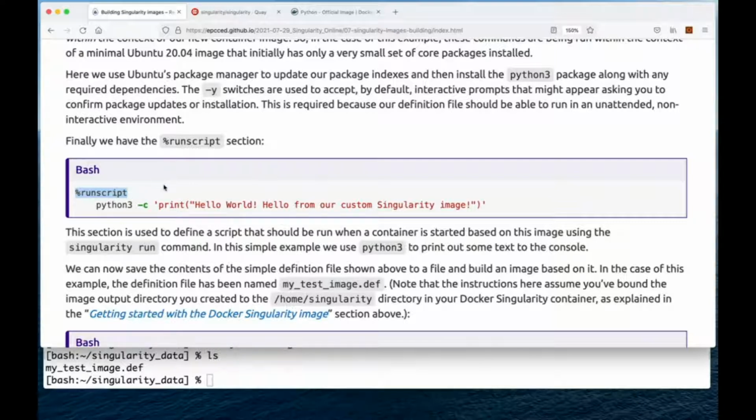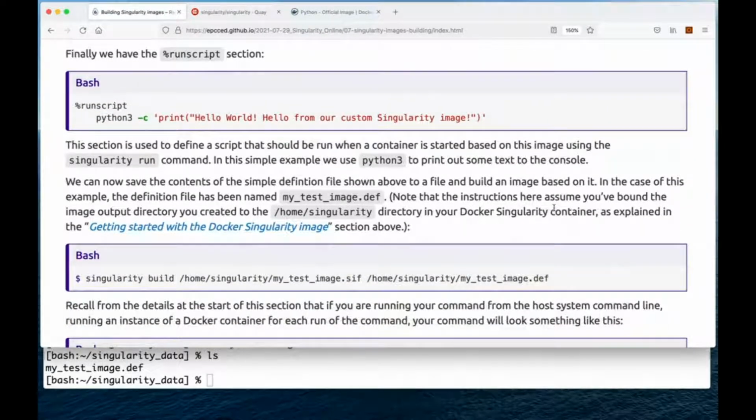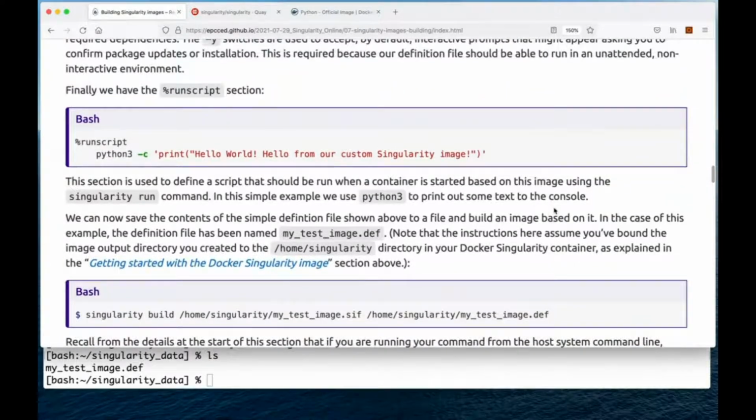We looked at that by using Singularity inspect. If you recall, we did Singularity inspect -r and specified the name of the image, and it showed us the thing that would run by default, and that's effectively what we're specifying here. So if you did Singularity inspect -r on this image once it's built, you will see the contents of the run script section. That's what that's doing. Okay, so that's our simple